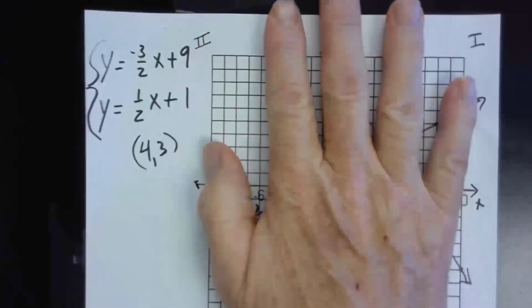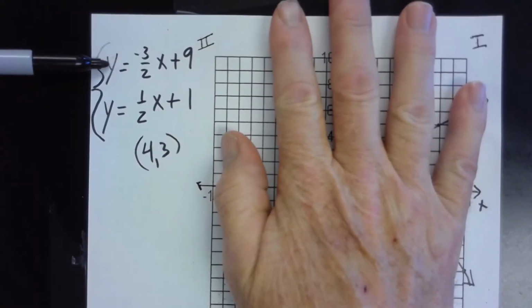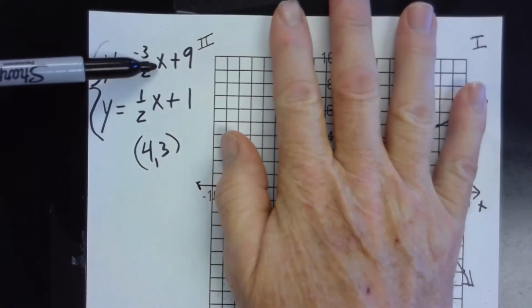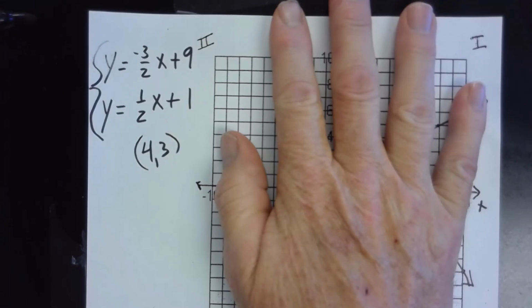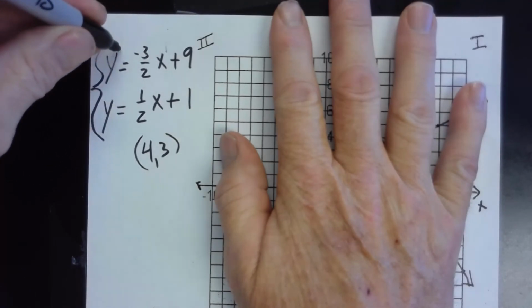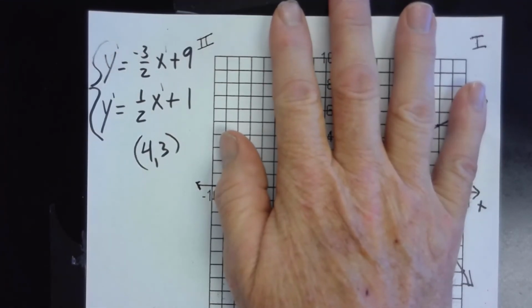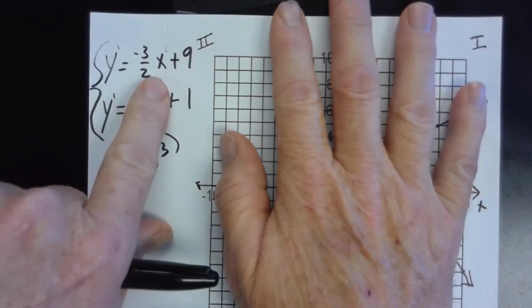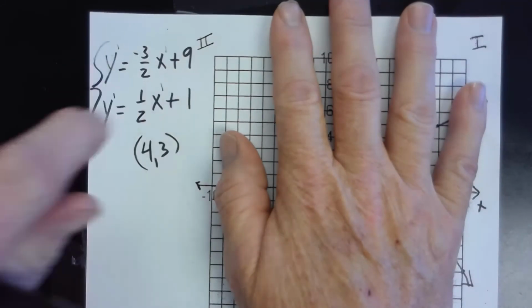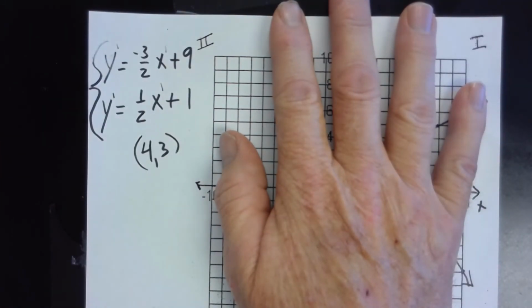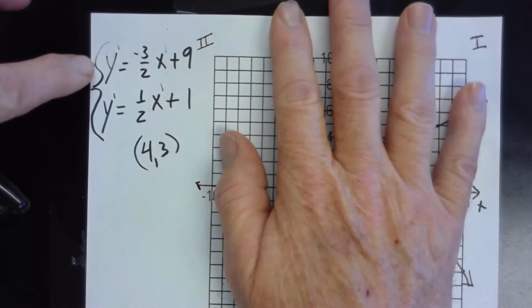Okay, let's say I've got these 2 equations. Are these 2 equations linear equations? Yeah. Okay, how do you know? See the x and the y? See how they're both to the first power? So these are first degree equations. That means when we graph them, the graph will be a line. If one of these was squared, or both of them were squared, not a line. Then you get curves and things. So that's how you know it's a linear equation, is x and y are both to the first power.